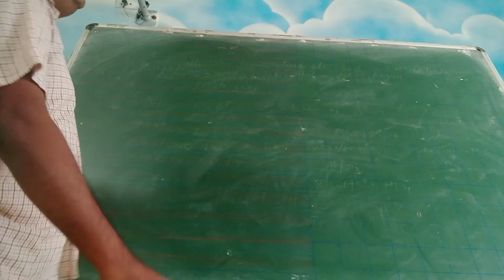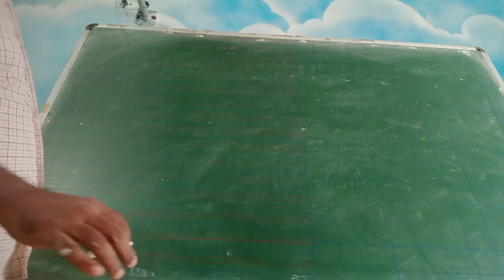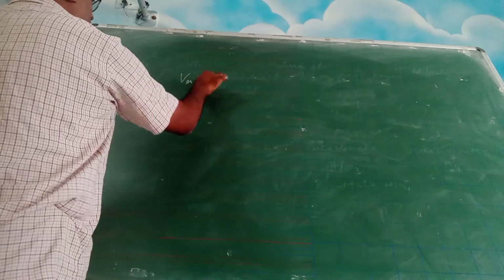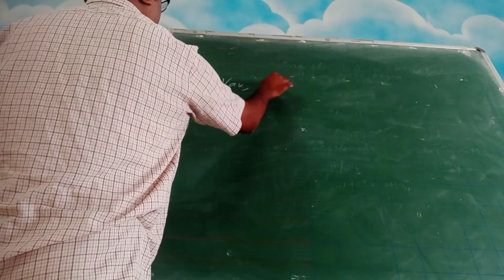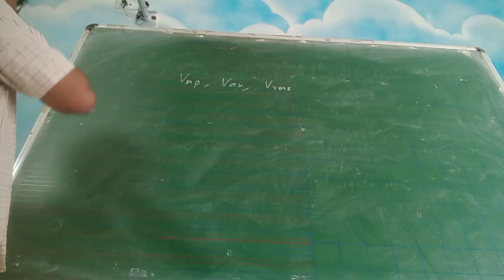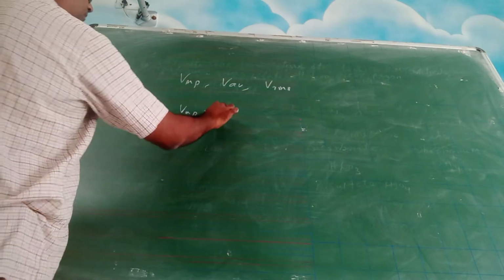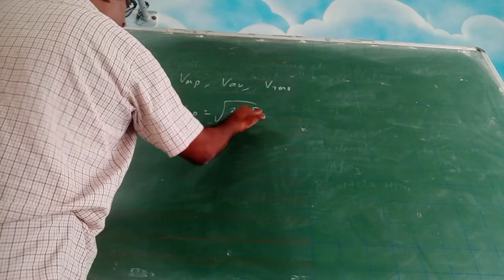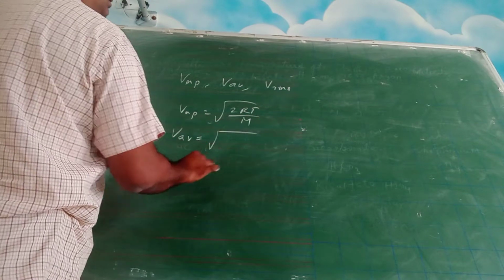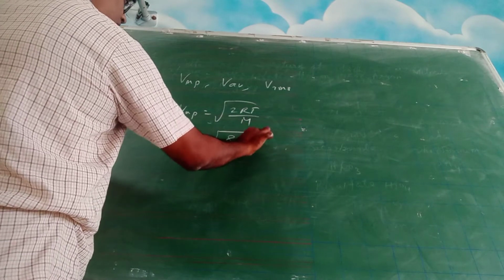One more thing: we have different types of gases, and any gas molecule will have three types of speeds. You have the most probable speed, the average speed, and the RMS speed. In the previous class also I gave these expressions. Most probable speed is given by root over 2RT by M. Average speed is, how much? It is actually root over 8 by pi RT by M.